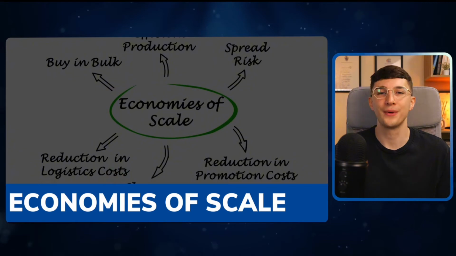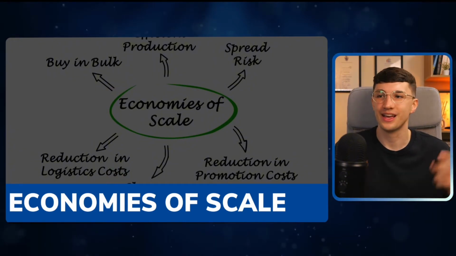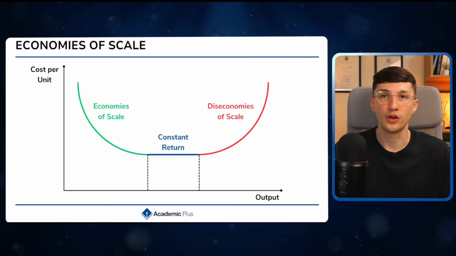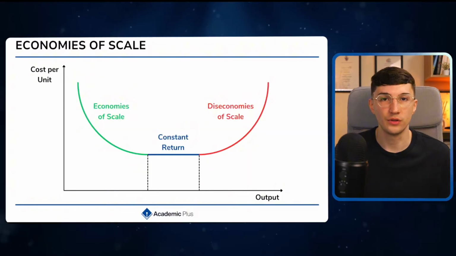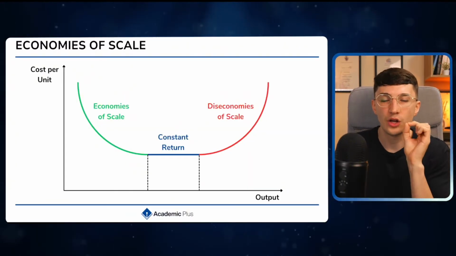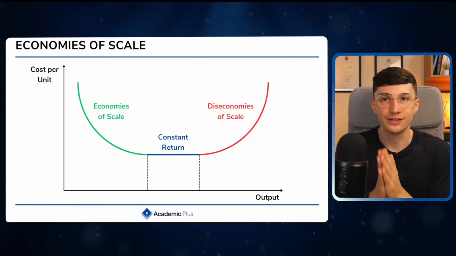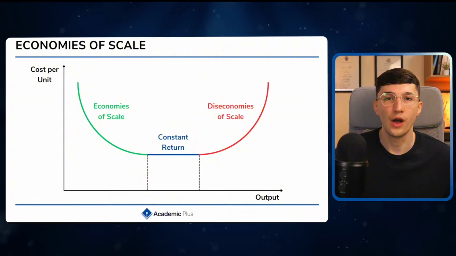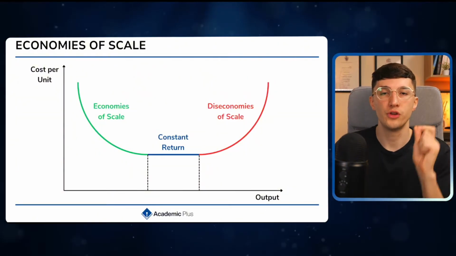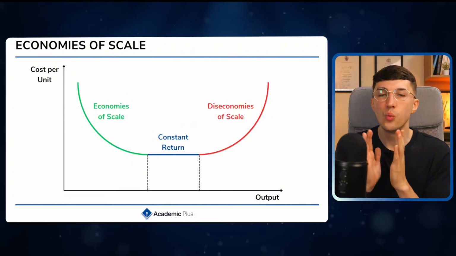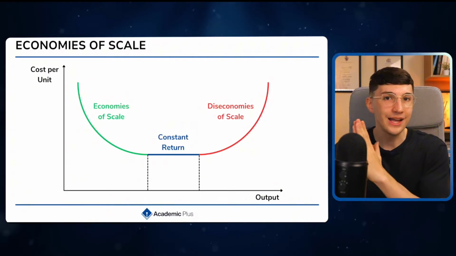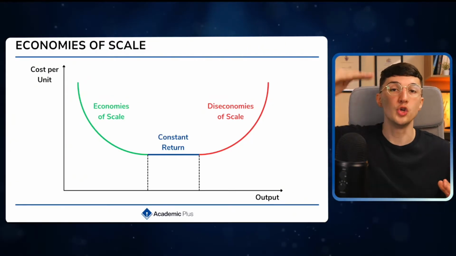The next topic we're going to take a look at in this revision video, and probably one of my most favorite topics in the entire A-Level business spec, is economies of scale. Now, for all of you wondering what economies of scale is, it's this graph on the screen. Now, I want you to pay close attention to the X and the Y axes. The x-axis is the level of output, the y-axis is the cost per unit, also known as your unit cost. So what you can see when it comes to economies of scale is that as output is increasing, unit cost